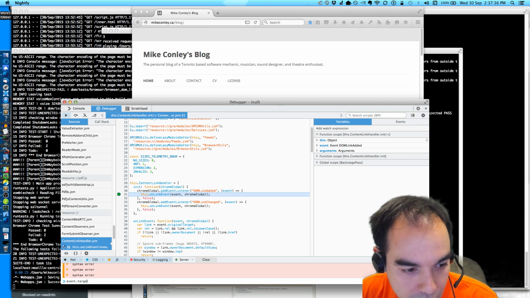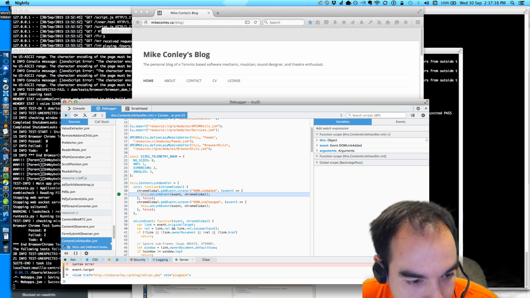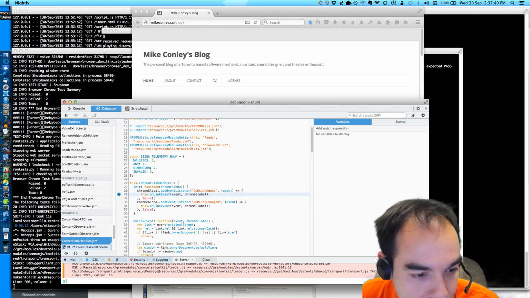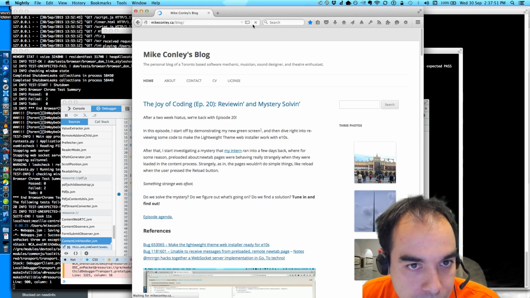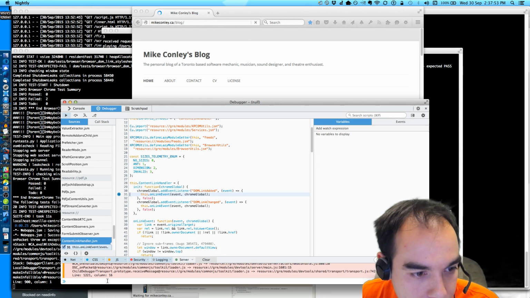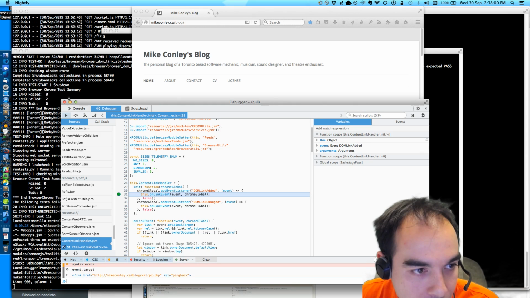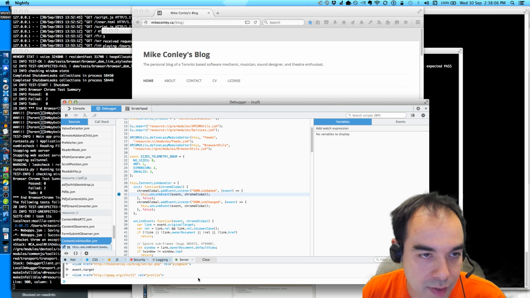And so what's the event target? It is a ping back. And now we continue, and what's the event target? It's the profile. And that's it. We don't get any more. Ping back. Profile. Nothing about style sheets.